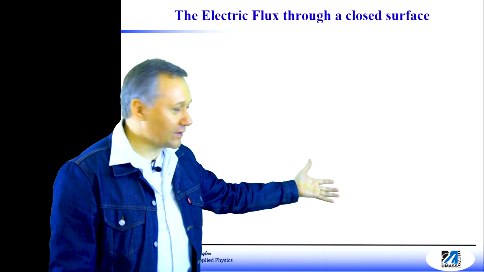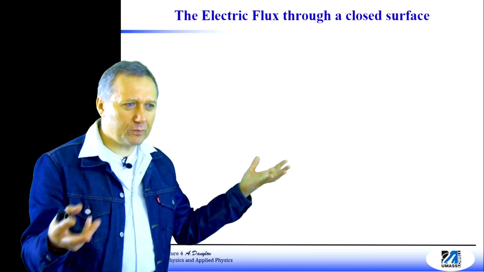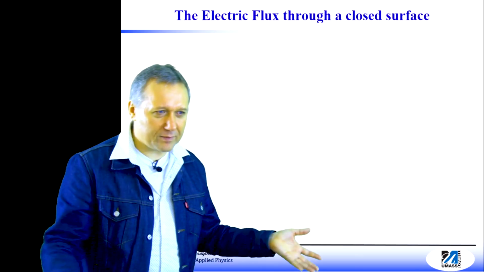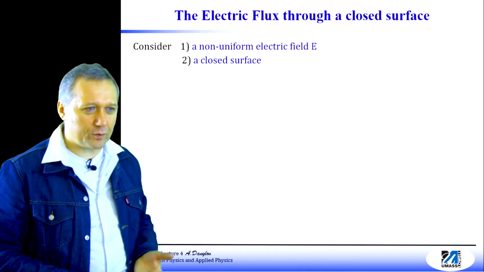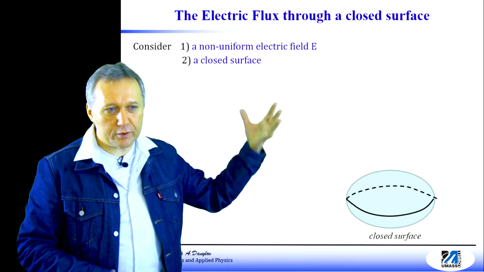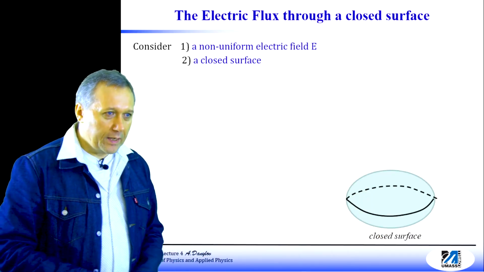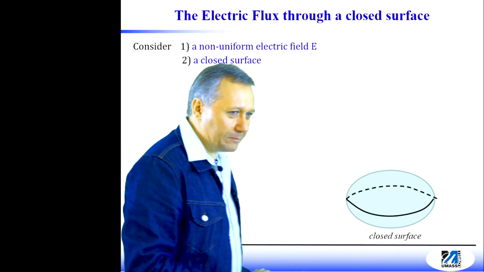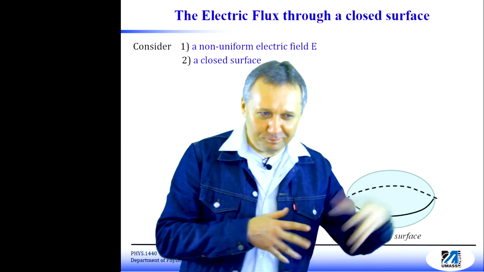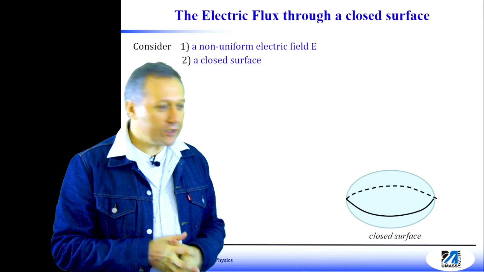Basically, a closed surface can be a ball, right, an American football, a soccer ball, this mug, a cube, so tons of examples. A non-uniform electric field, a closed surface. I drew this closed surface. And okay, first of all, before we start actually writing down the formula, now it's time for me